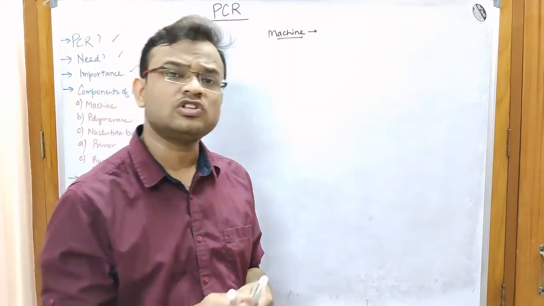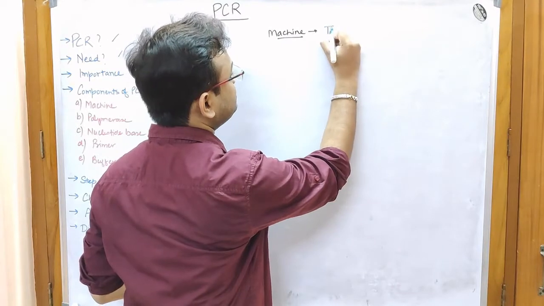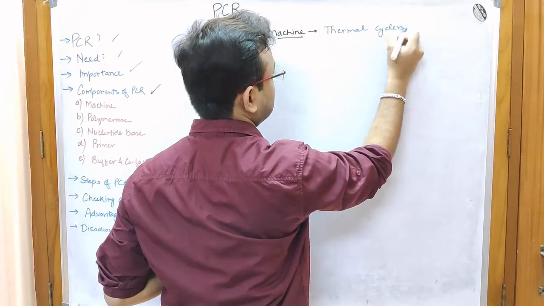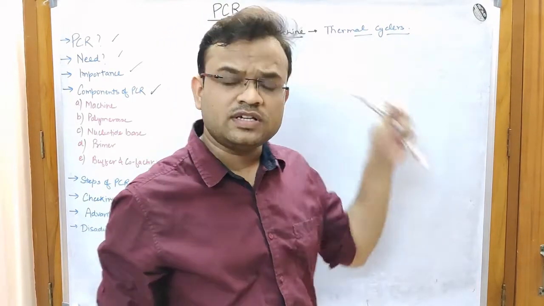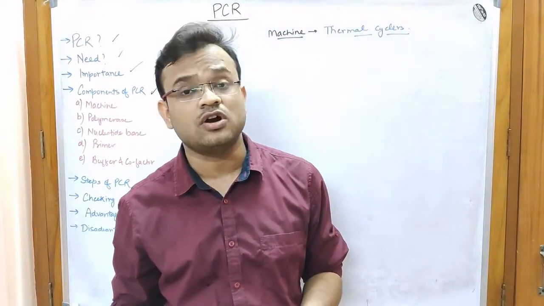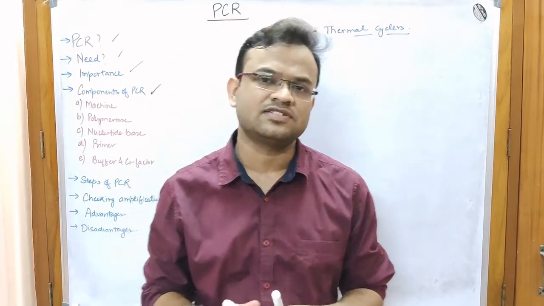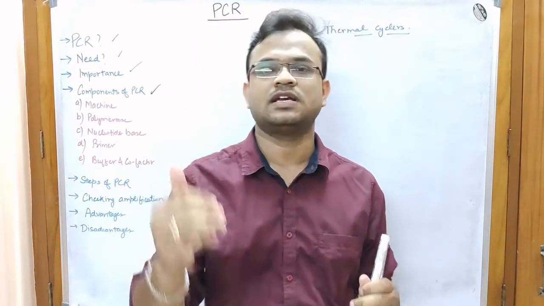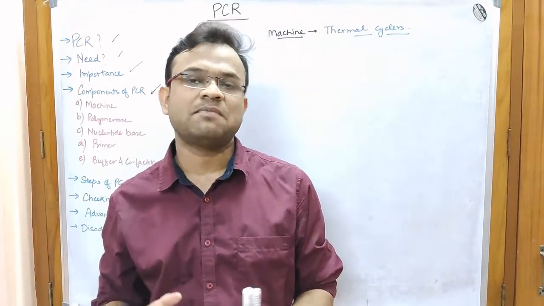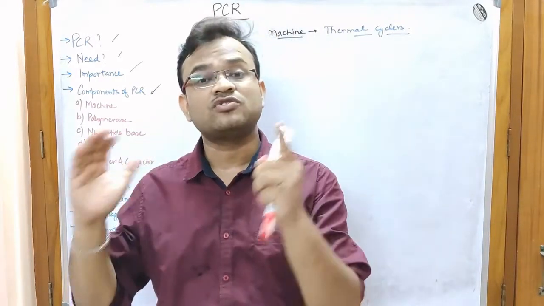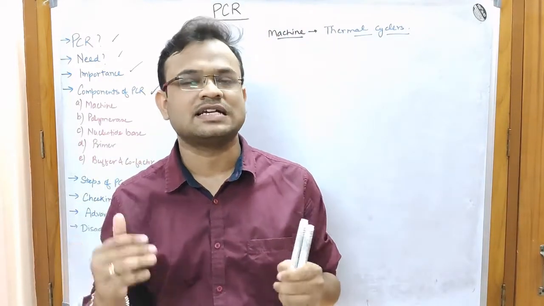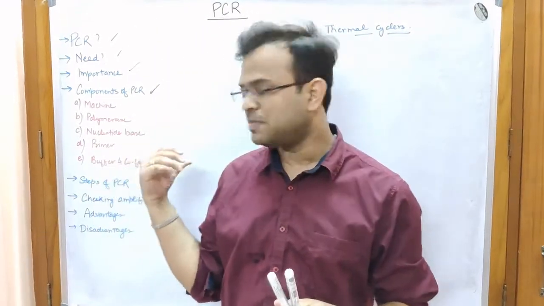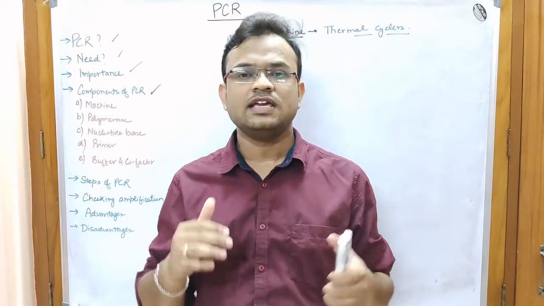Now PCR machines are also called thermal cyclers. It is important to understand why a PCR machine is called a thermal cycler. Let us understand this. In a PCR program, what do we do? There are 3 steps basically, and each step requires a particular temperature for the process to be conducted successfully. Okay, so there are 3 processes. We would go into the detail of those processes in a bit,